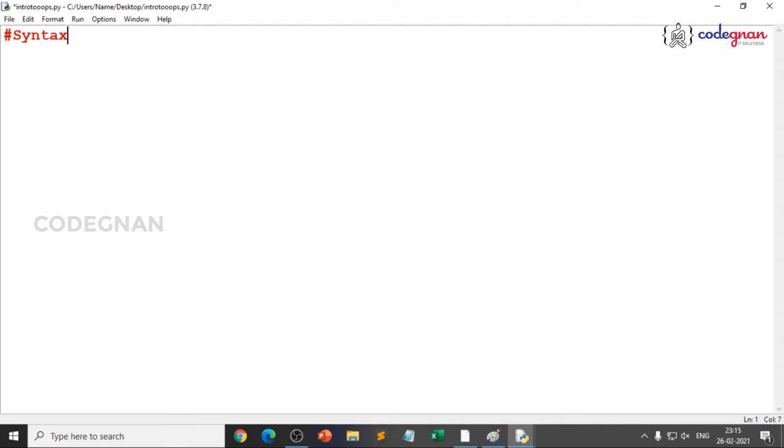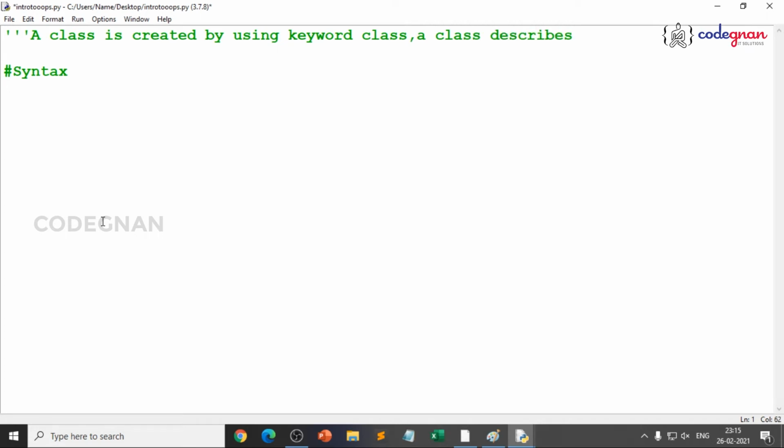But before that, let's write some simple key points. So how do you do that? You always create a class. So I'll write it as a docstring, because writing a docstring is very important. Just make it a habit. A class is created by using the keyword class. A class is always created by using the keyword class, whereas a class describes attributes and actions